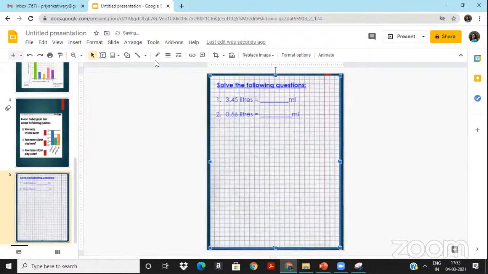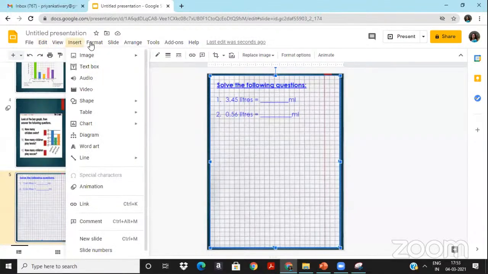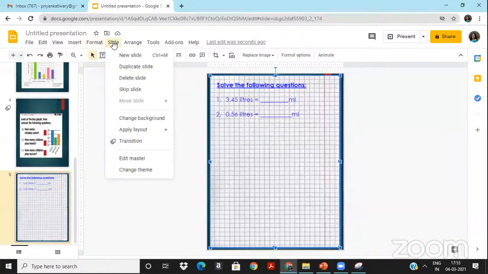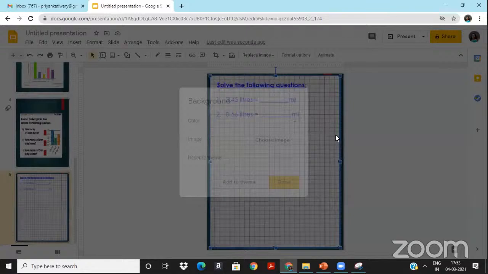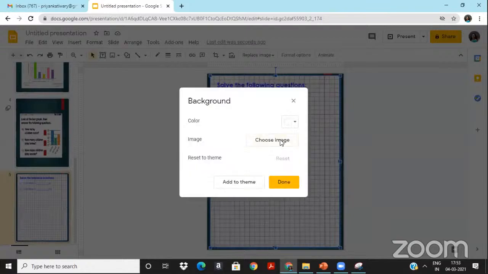How do I do it? Come over here on the top, and here, if you go in the edit option. So where is background? Anybody remembers? Okay, I won't be able to hear from you. So let's go to the slide menu, and on the slide menu, come over here, and here it's written change background. So change background, click on it. And here I'm going to choose an image. So that image which is over here. So choose image,